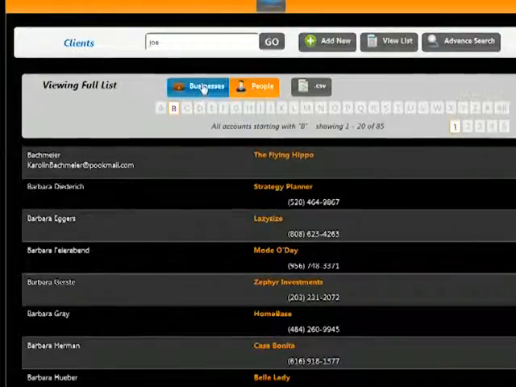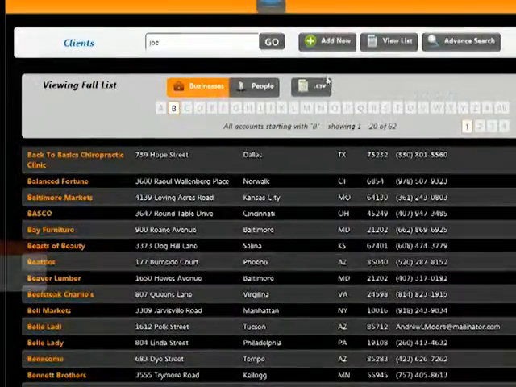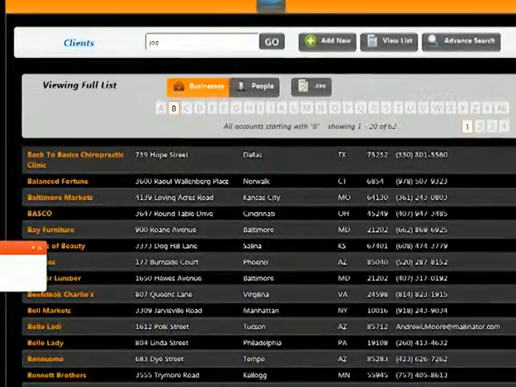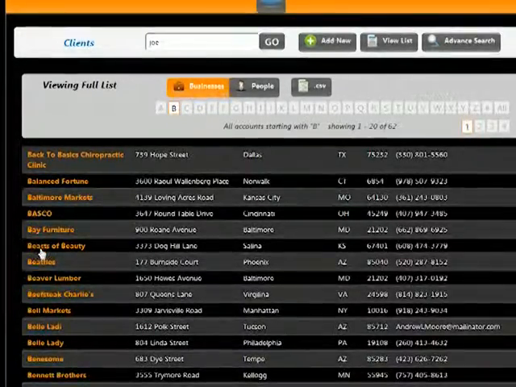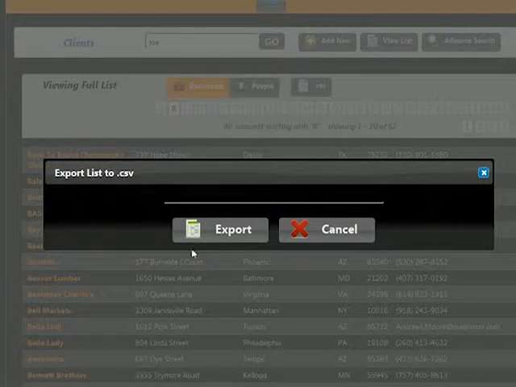This makes it really easy for us to just export straight out of the system. We can export a CSV just by clicking CSV and hitting export, and that will generate a CSV.